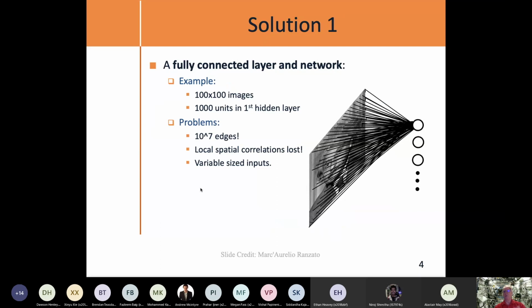Well, here's one really naive one. We've got the inputs from each pixel of this image coming into the first layer of neurons. If this image is, say, 1,000 by 1,000 pixels, this might have 1,000 nodes here, where every single pixel comes forward to each one of these nodes. So if it's a 100 by 100 image and we had 1,000 units here, that would be 10 to the 7 edges, 10 to the 7 connections here. So that's a really big network, and we haven't even started to try to classify this yet.